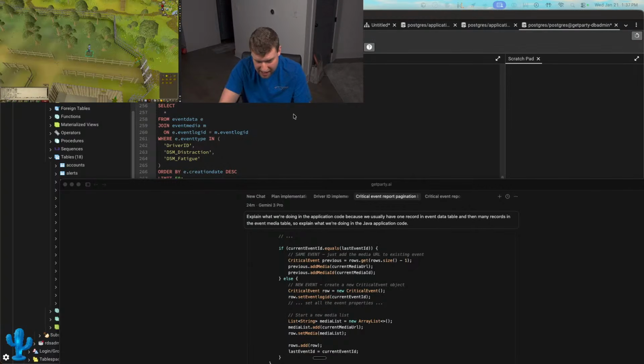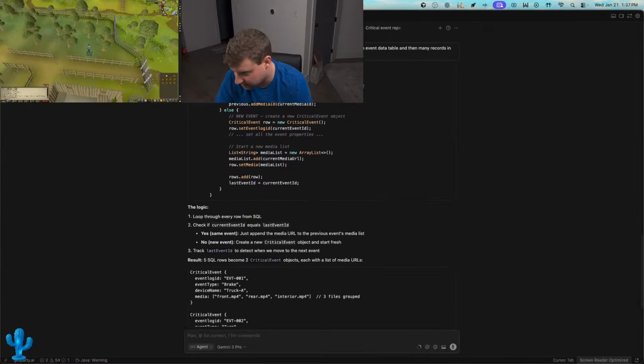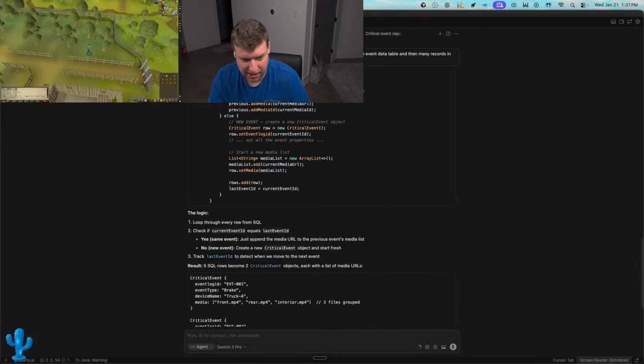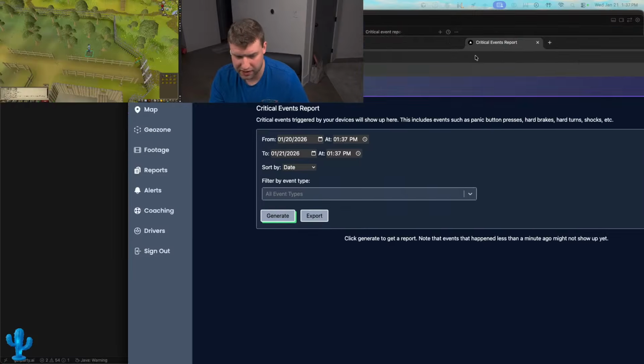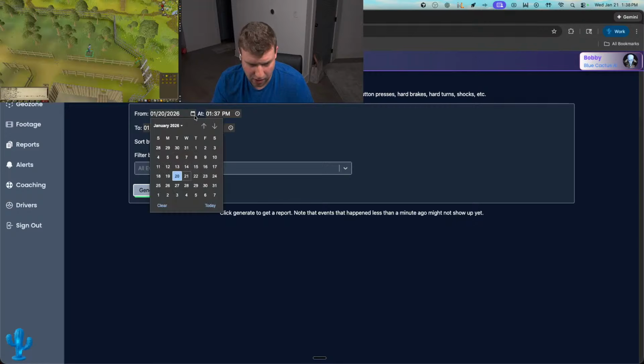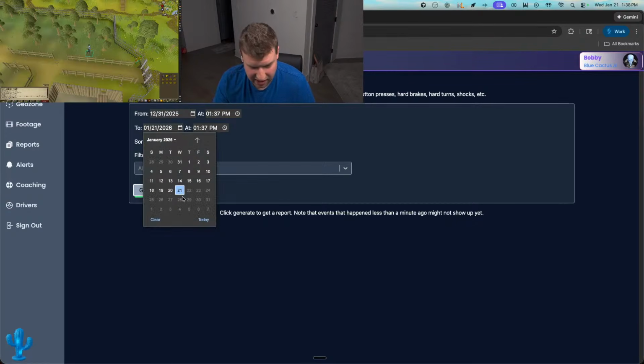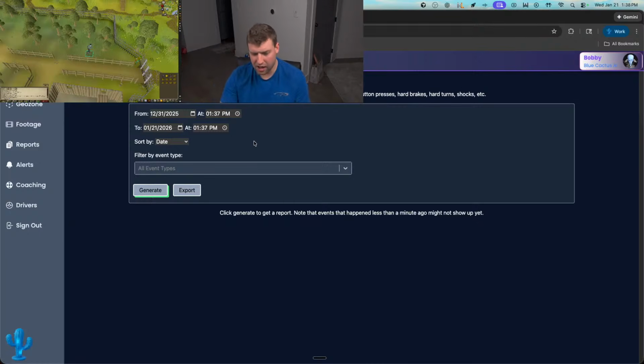So that's what we're working on. Right now, what we're immediately working on is pagination. If you're not familiar with pagination, really what it is is this: if I go run a report for a large date range, on the production system, a month's worth of data, depending on how many vehicles that customer has, could be a ton of data, right? And so the idea is when I generate this,